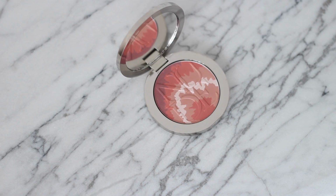I'm going to move on to blush, and I've been loving this one by Dior. This is the Dior Skin Nudetan from the tie-dye collection, which is just beautiful, and this is the shade 001 Pink Sunrise, and this is just too beautiful. It's a beautiful blend of a ton of color. You have a bit of purple, pink, peach, you have a beautiful light white shimmery shade running through it, so I'm gonna use it